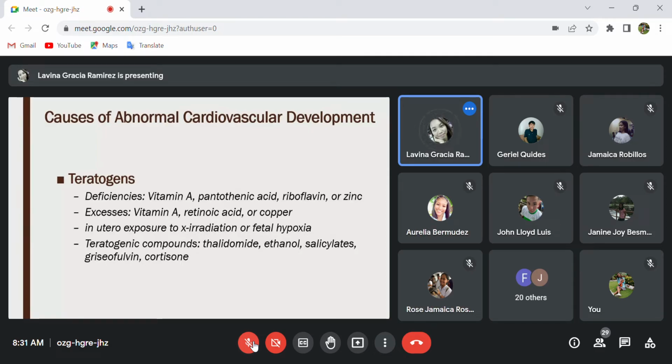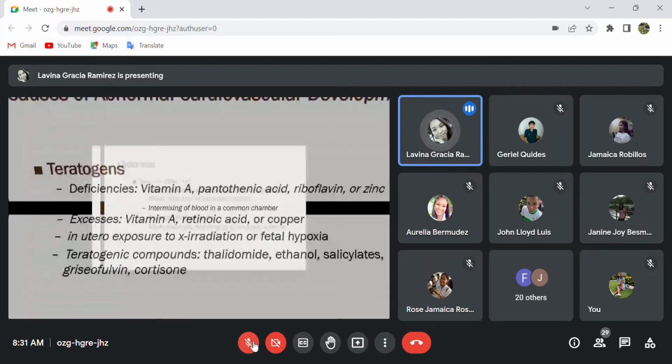Those can affect talaga as early as that, and might develop into congenital anomalies. Okay, so some common cases,